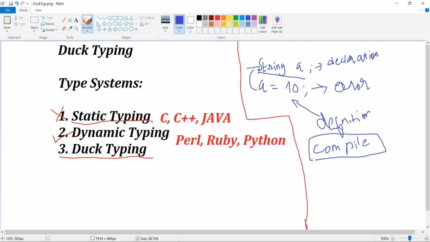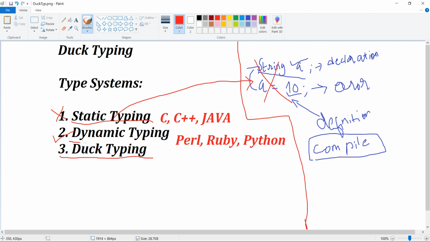That's why first you need to compile this, because first it will check the type, and then what you are doing after this. It will all execute one after another. So in static typing, you can't do these things. These things are not permitted. This is all related to static typing.